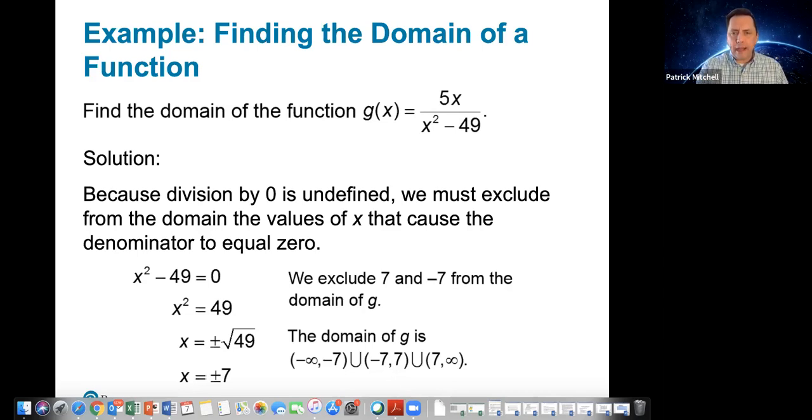Another way you could write it is using what's called set builder notation. If we were sitting in a classroom together and you were doing this on paper, I would not be too picky about how you write this, but of course a computer program only understands the answer one way. So another way to write this is using set builder notation, and that looks like this. You say the set of all x such that x is a real number